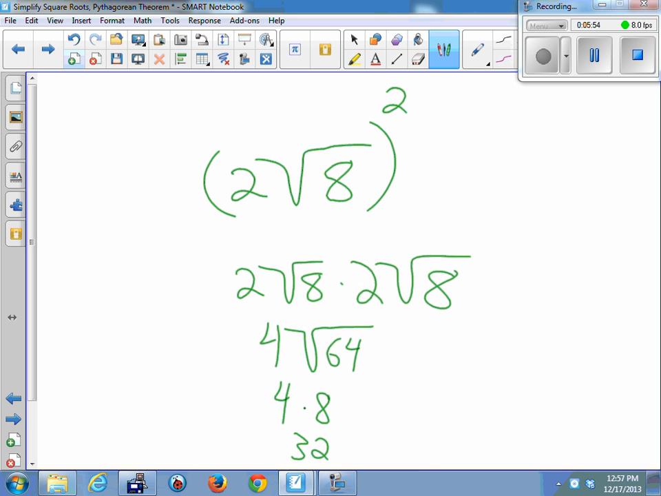So that's what we're looking for: being able to do all these different types of square roots. We're going to do division in another lesson, but this one is